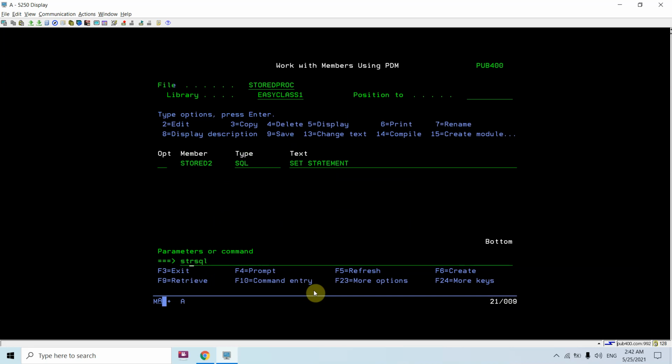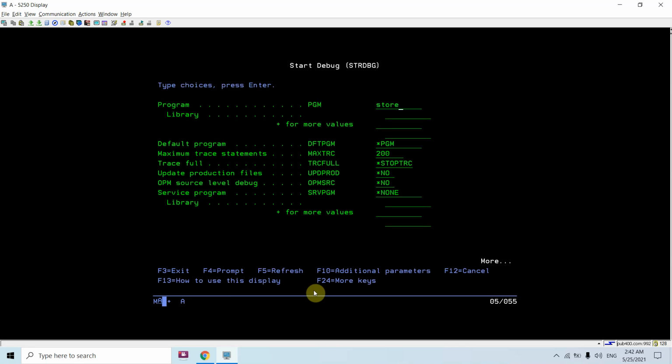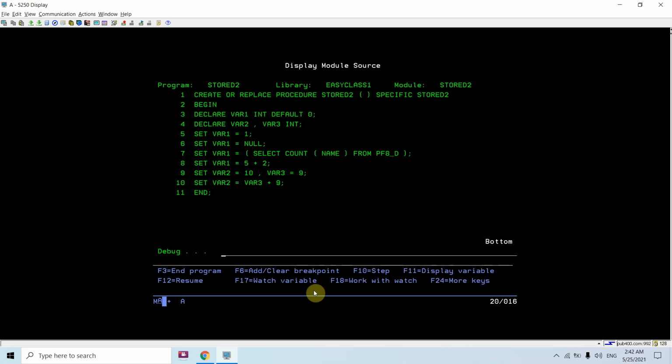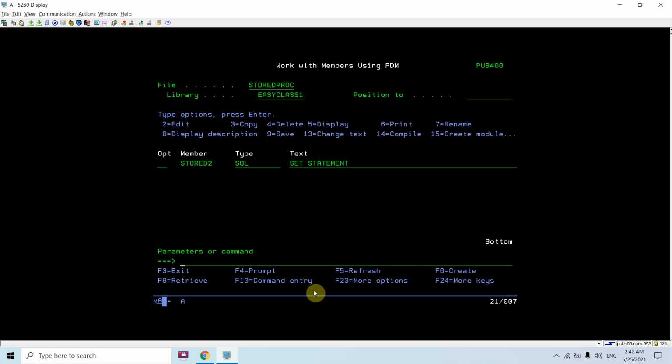Now let's debug this. STRDBG stored2. Basically it's a program, so we will be debugging this like a program. You just have to set the breakpoint at line number 1.